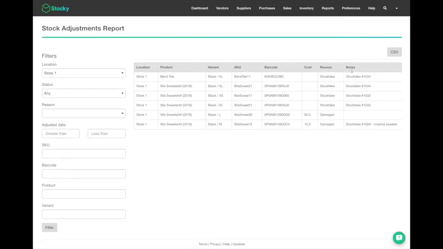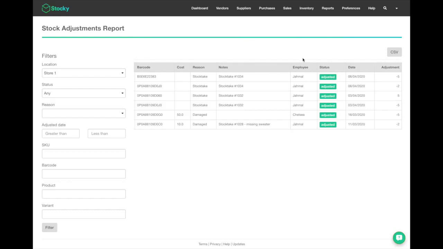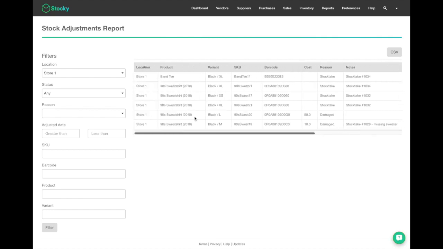Hopping back into the report section, you can see your stock adjustments reports. So again, going back to the reports that we talked about in the stock adjustments video, you're able to see all of the stock adjustments made on your account, who made them, have they been adjusted, when it happened, the adjustments for them, any reason codes as to why. So you're able to see exactly why stock has moved in your store and get a great visibility into what's being adjusted in your entire Shopify store.